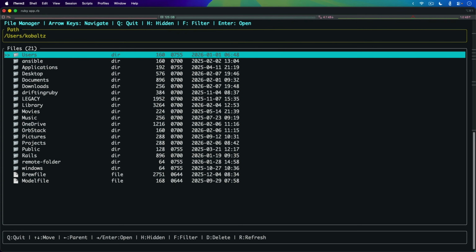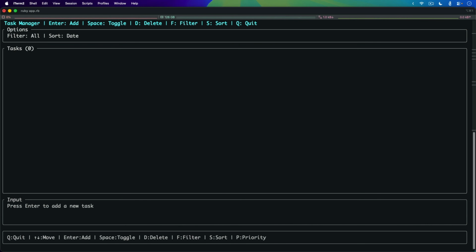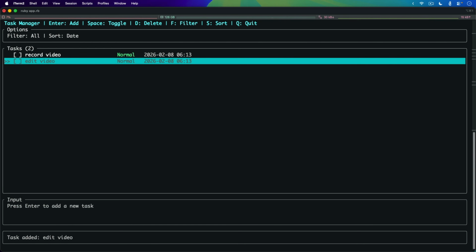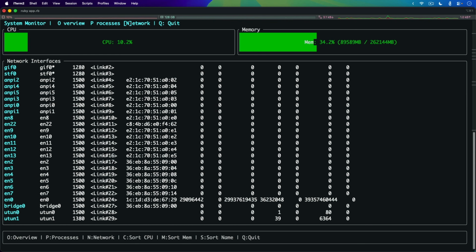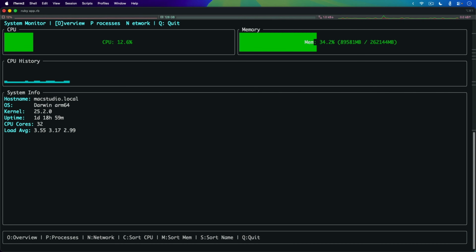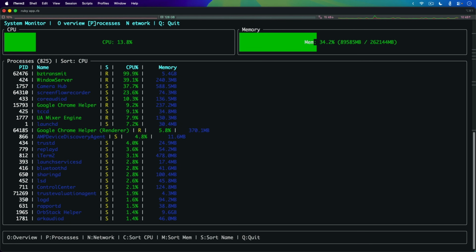So here we have a file explorer that will let you navigate your disk. We can make a task manager, which is just a to-do list. It's not always interactive. Sometimes we just want to monitor things. So we can do a system monitor where we can just get an overview, look at our processes or the